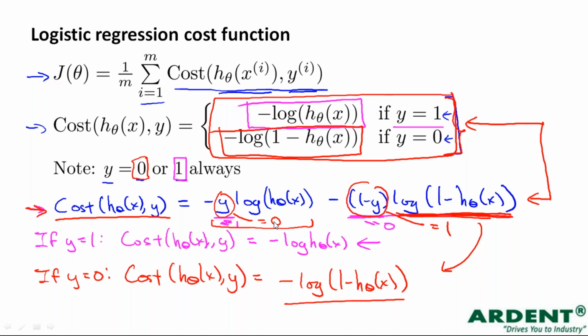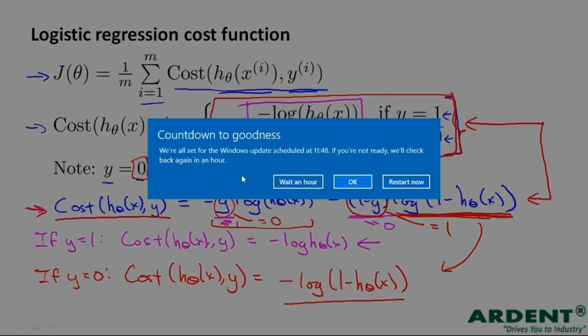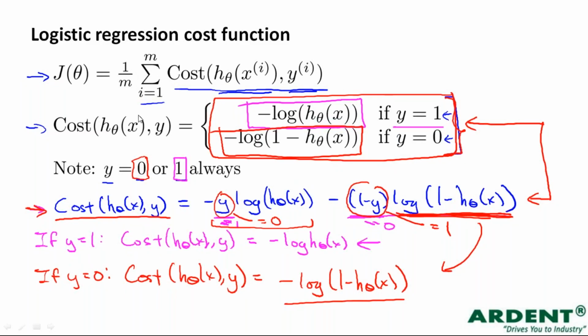This is actually for what? For y equal to 0. And similarly, the next one is for y equal to 1. Right? We know all these things because it is already in the second line only. You see, after j theta, cost h theta x comma y, two formulas are given, for y equal to 1 and for y equal to 0. Two formulas are basically given. Right? Now